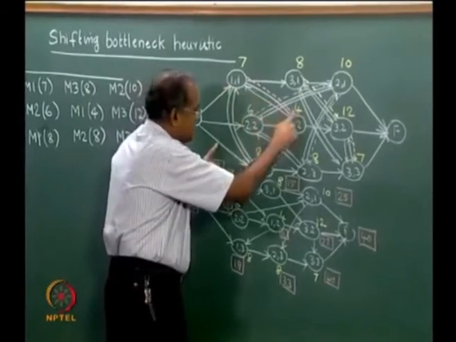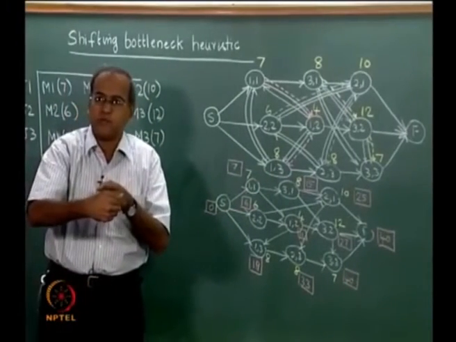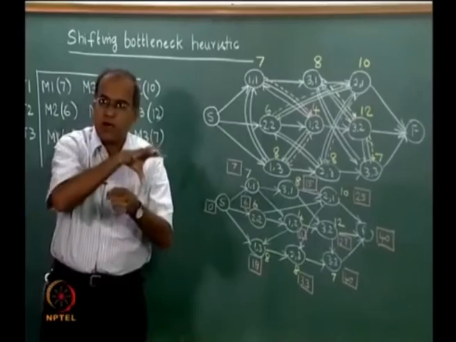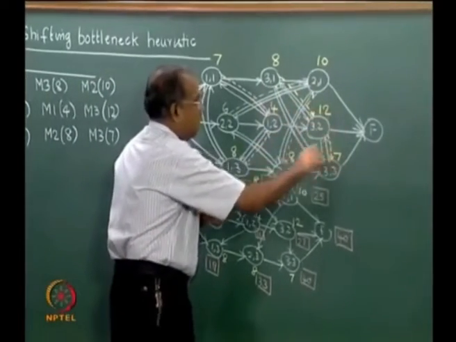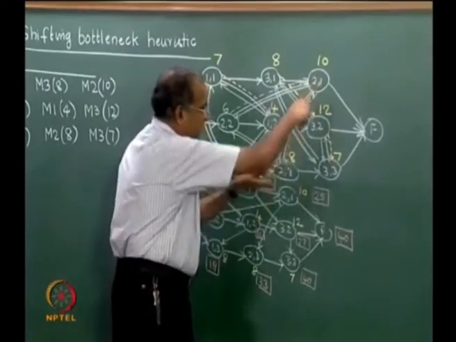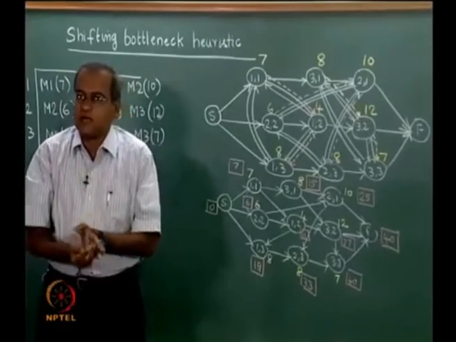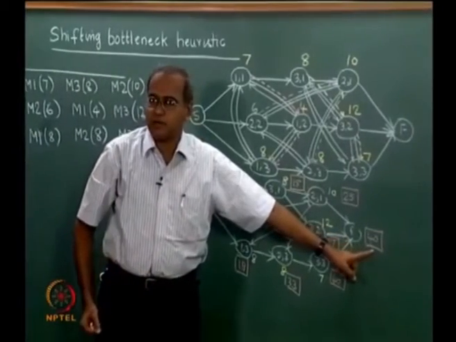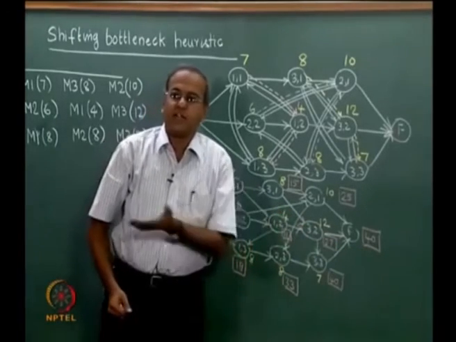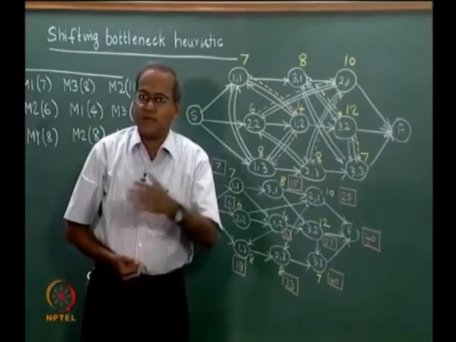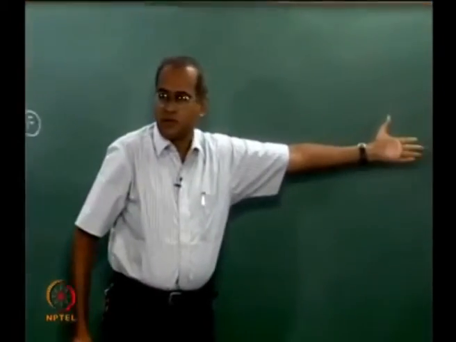SPT made us choose this and this. Now is there another way by which we can choose another set of 2 arcs out of this? Similarly, another set of 2 arcs on the yellow and another 2 arcs on the other, which is machine 2, so that at the end of it the longest path is less than 40. So if we are able to get the longest path as less than 40, then we have achieved a solution that has lesser make span than the solution that has been shown here.